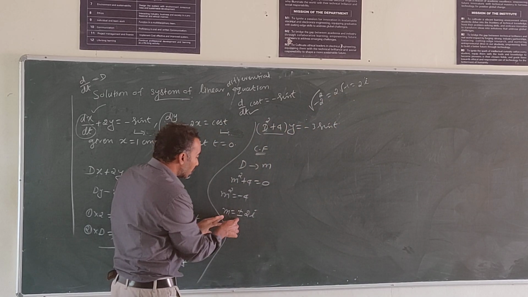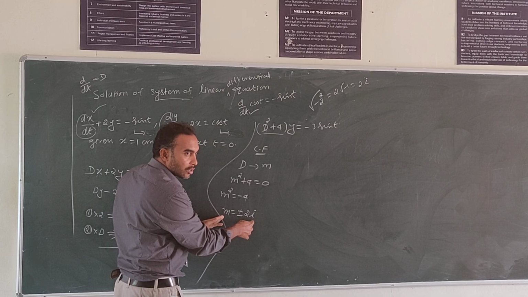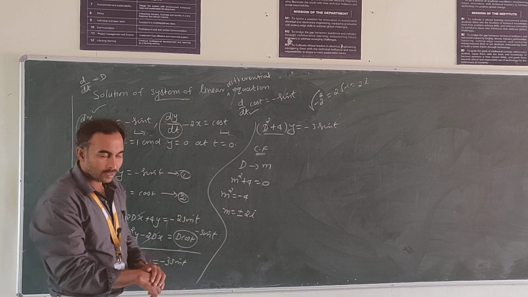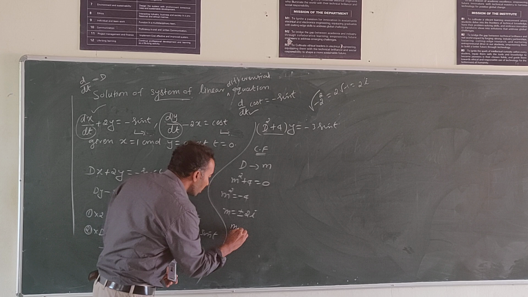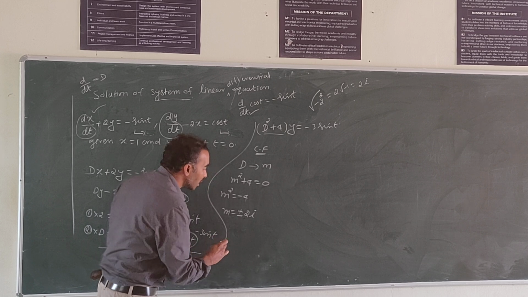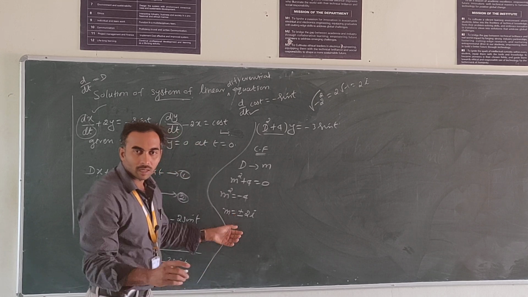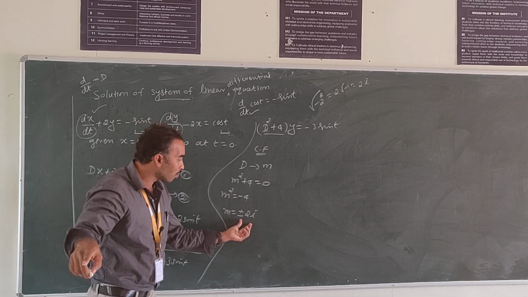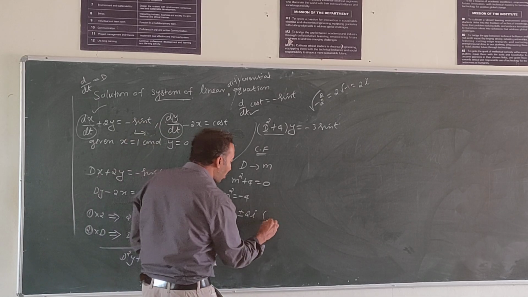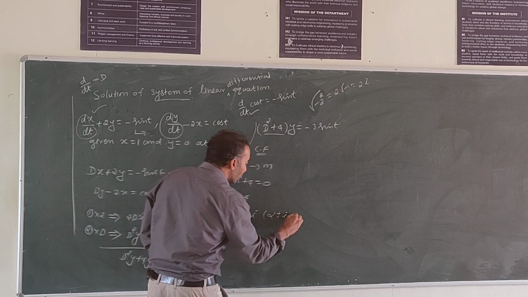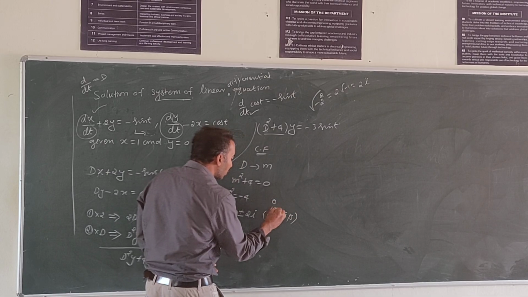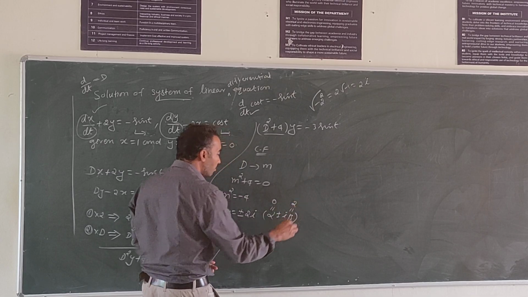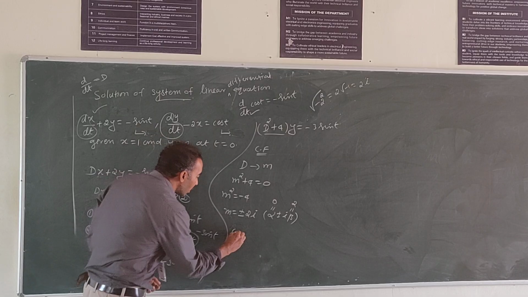M equal to plus or minus 2i. We got two values. Sorry, it's a complex root. It is called the complex root. In the first problem itself, I have given a note: if the given roots are complex, it is in this form, alpha plus or minus i beta. Here alpha equal to 0, beta equal to 2. So the complementary function is,